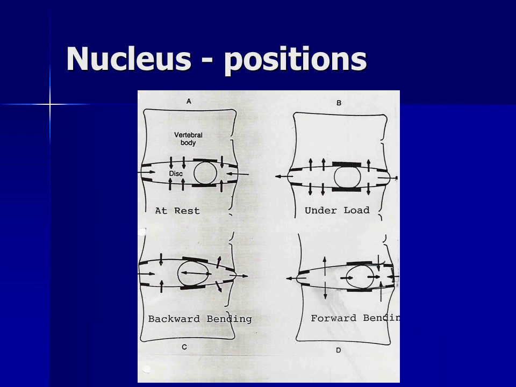This is a depiction of various nucleus positions with different loads: under rest, under load, backward bending, and forward bending. So essentially A is probably at rest, when the disc would be imbibing fluid. B may represent us sitting in class listening to the lecture if we have great posture. However, C could be backward bending, and D could be that forward bending posture we might have while sitting with